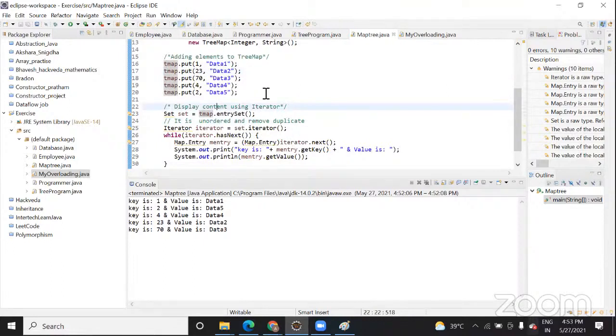Like, if you remember, I showed one example of colors, in which different colors were there and I was printing. Let me check if it is there or not. I think it should be in the Hackway project here.